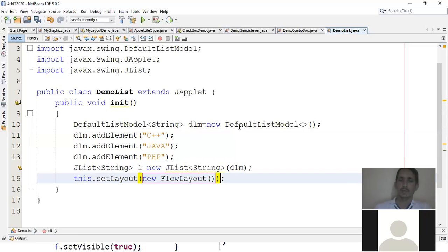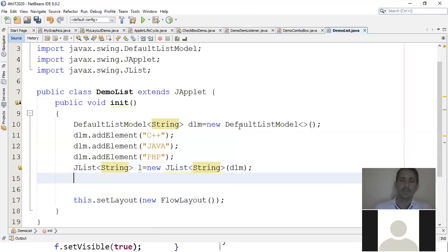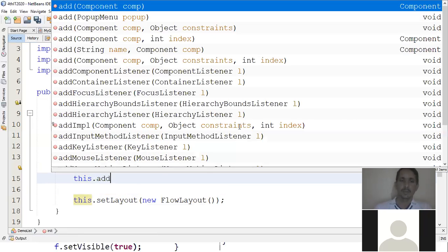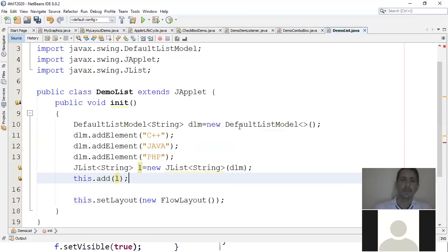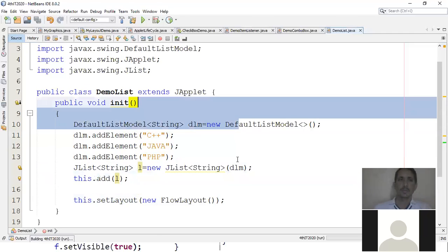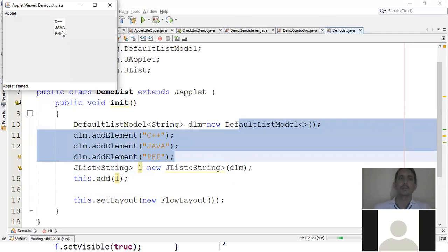We can take any one layout, and it is a part of JApplet, not part of our list box. And now we add this list box dot add. Right. So it's visible. Yes, fine. It is visible. Okay. Suppose you also take one button,